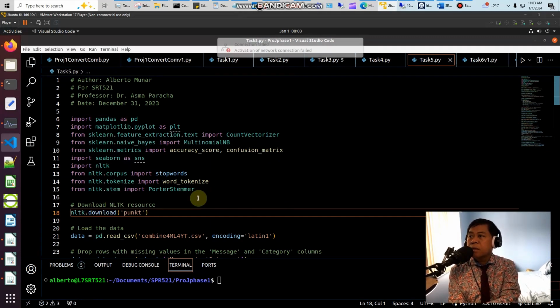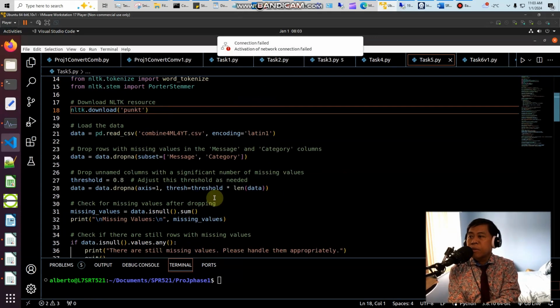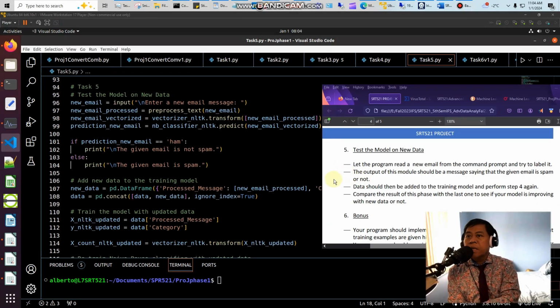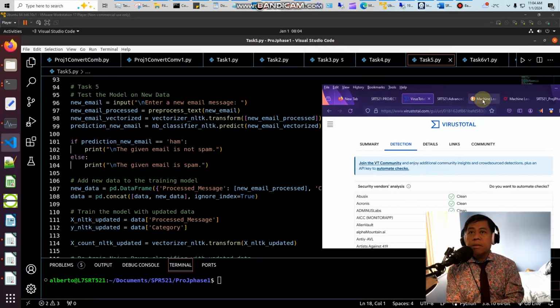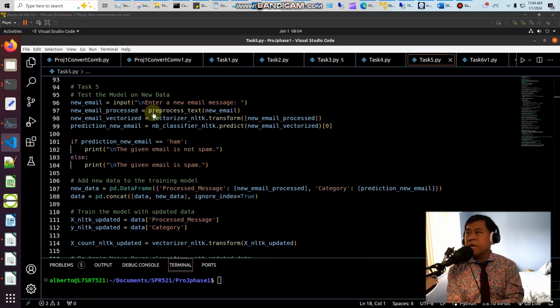And so this is the libraries and modules. Okay, so basically what it's saying here is our program will ask us to enter the message body of the message, right? And it will classify whether it is spam or ham, right? So this is the part in our program where it does that, enter email, and then it's going to label for us. It's going to read the email that we enter, and it's going to predict whether it's spam or ham, and then